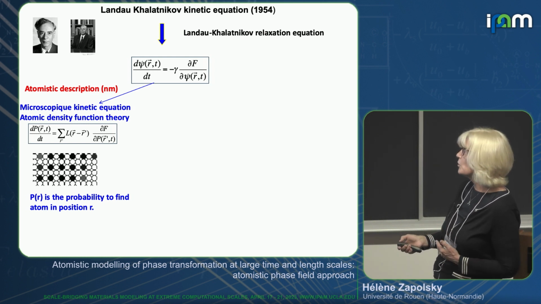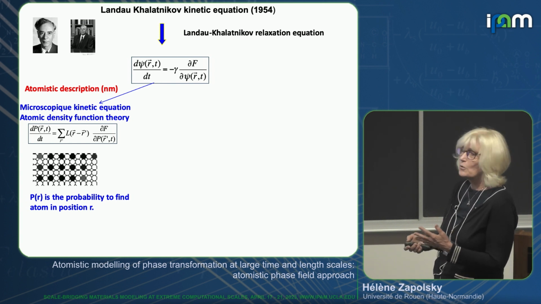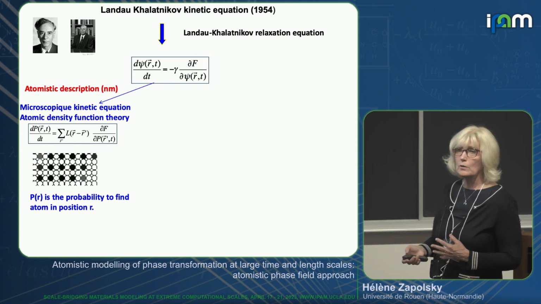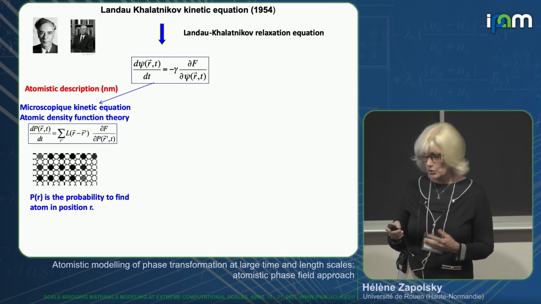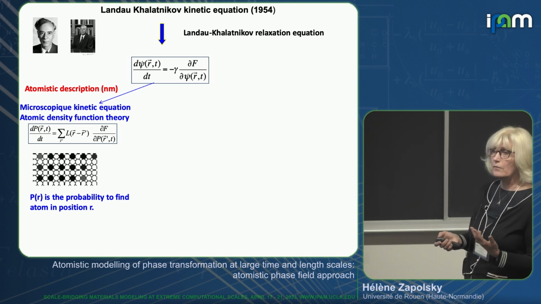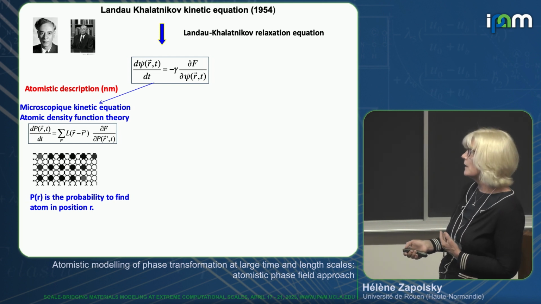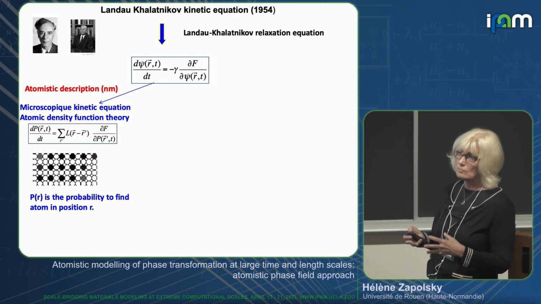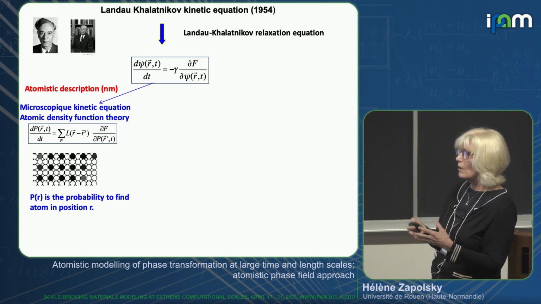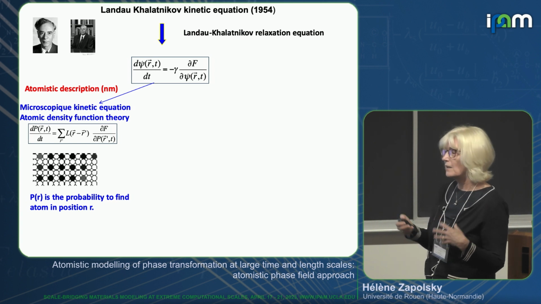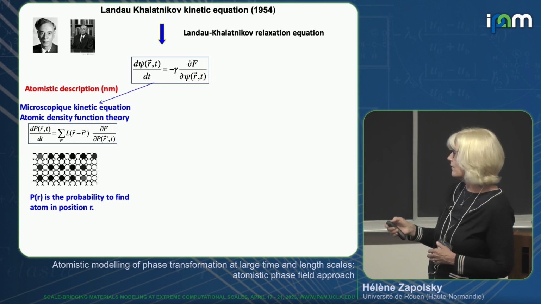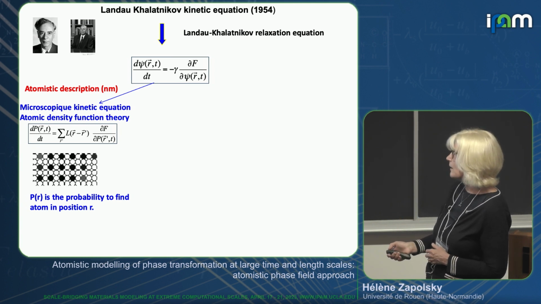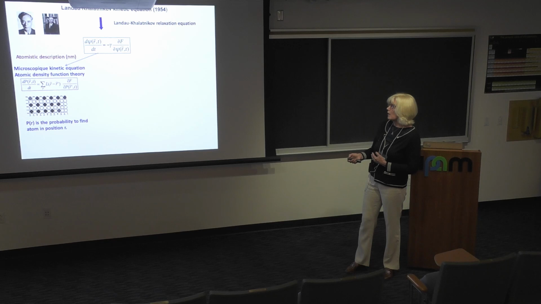and we call it the macroscopic kinetic equation, very close to the Onsager equation, where we work not with the field of concentration or the order parameter, we work with the probability function. It means that this probability function is the probability to find an atom at some given position. It's the mean value of the jump of the atoms. If you take the configuration, you have the Gibbs average, you will obtain this probability function. And so this probability function can be calculated at a given time using this Landau-Khalatnikov relaxation equation, and I will